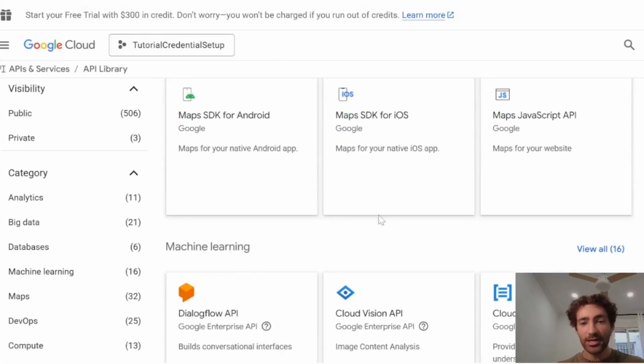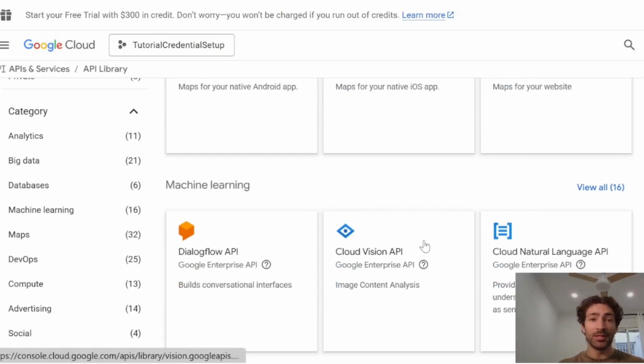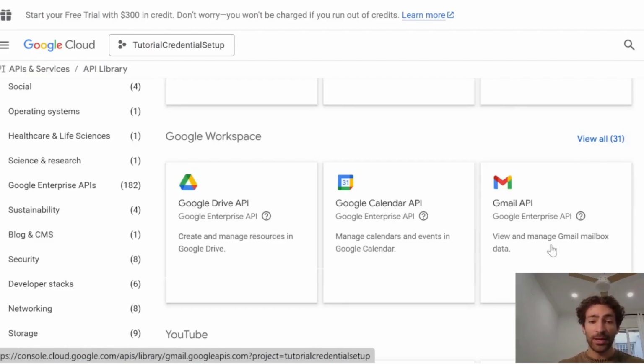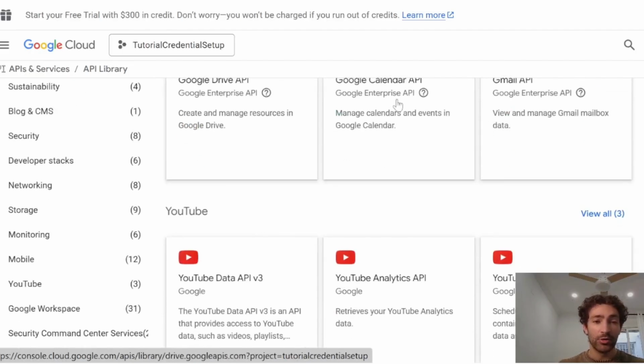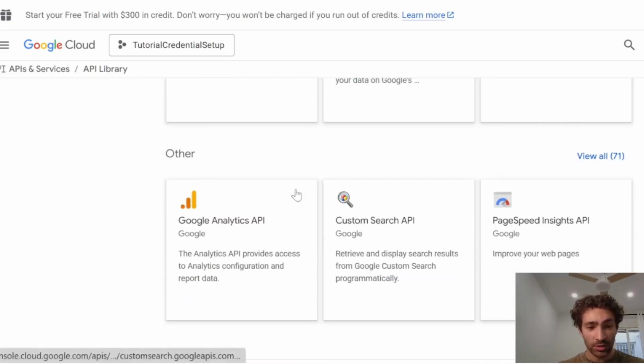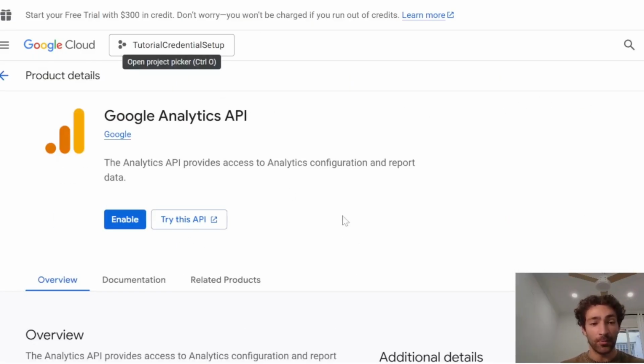So this is where you will find all the different API possibilities with the different Google applications. So this includes Gmail API, Google Calendar, Google Drive, YouTube, etc. And we're going to use the Google Analytics API because that's the one we're setting up now. So if you click enable,